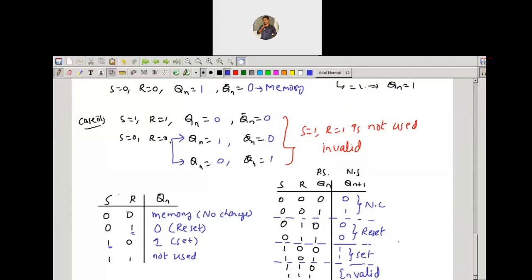Okay. So that is the small story of the SR latch. A question can be asked in your technical exam like: for an SR latch, which of the following cases is going to give the memory case? Option A, S equal to 0, R equal to 1. Option B, S equal to 1, R equal to 0. Option C, S equal to 0, R equal to 0. Option D, S equal to 1, R equal to 1. So what is the option here? Option C, obviously. S equal to 0, R equal to 0 is going to give the memory case. In this way you can answer the questions here.